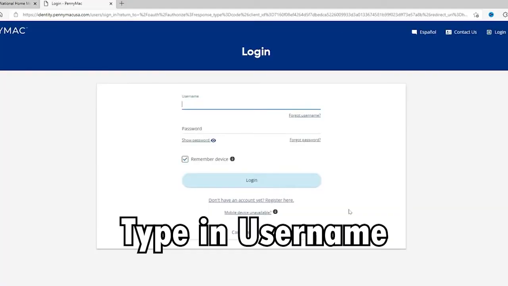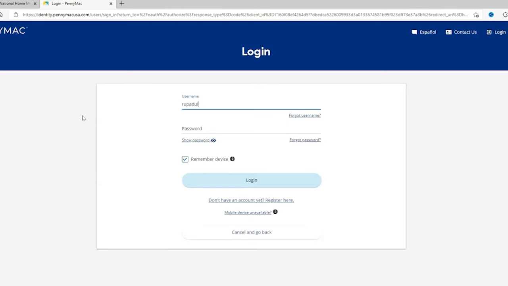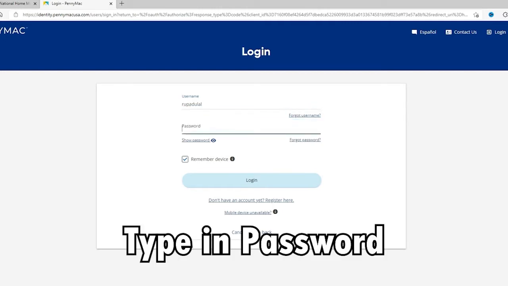Type your username into the first text box. Make sure to type in your information correctly. In case you've forgotten your username, click on the Forgot Username link beneath and follow the on-screen prompts in order to look for it. Once you're done, head over to the next field where it says password and type your password